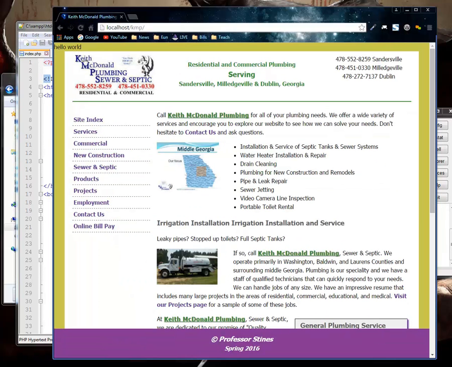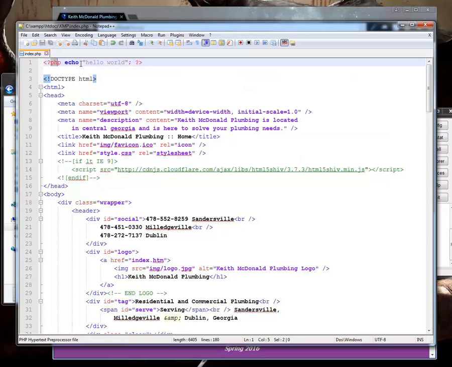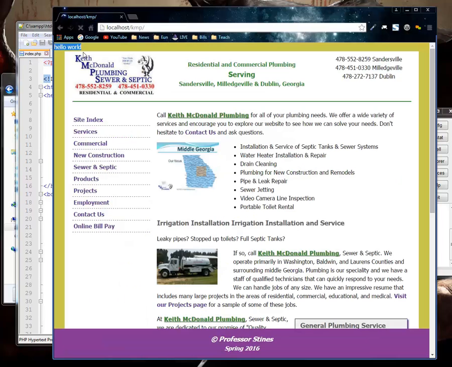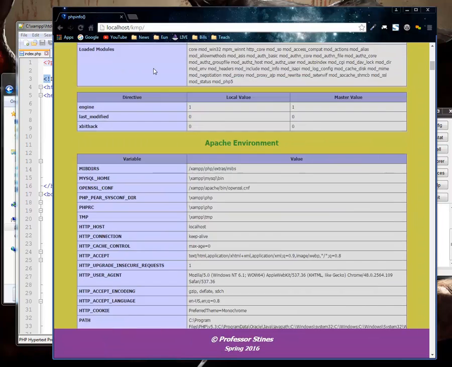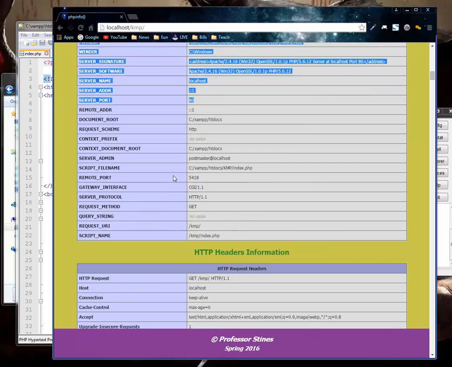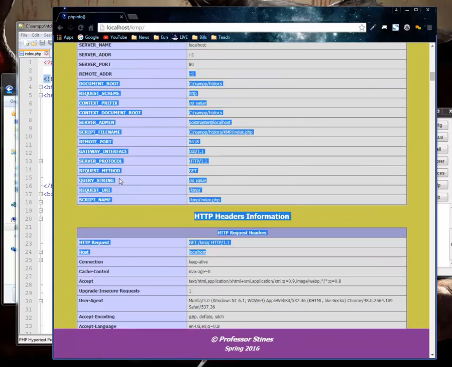So it just outputs hello world on the page, which lets me know that PHP is working. You can also call a function called phpinfo,